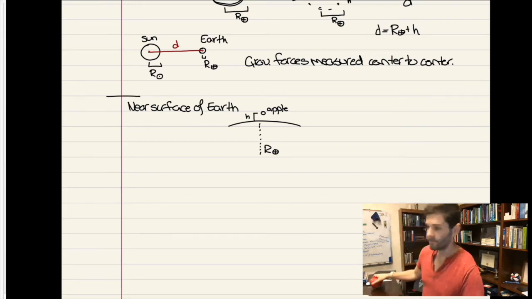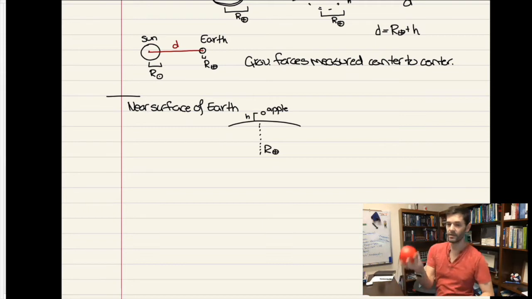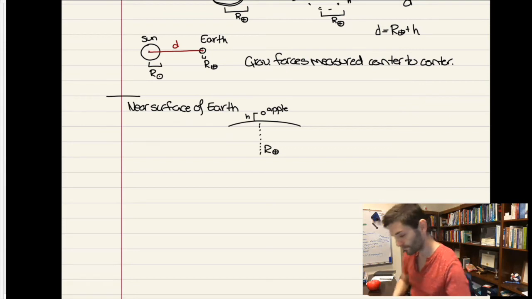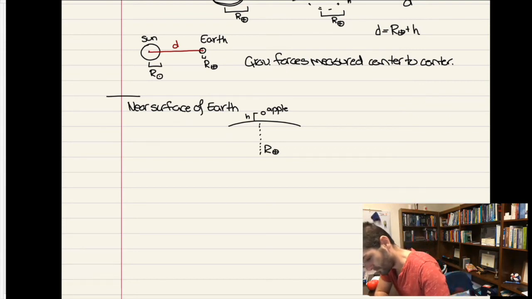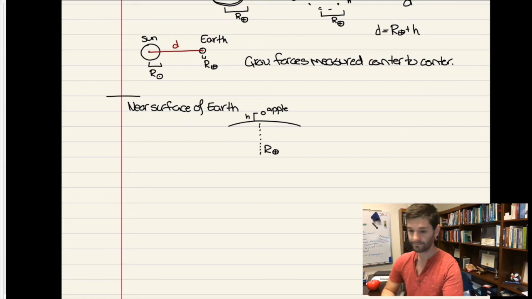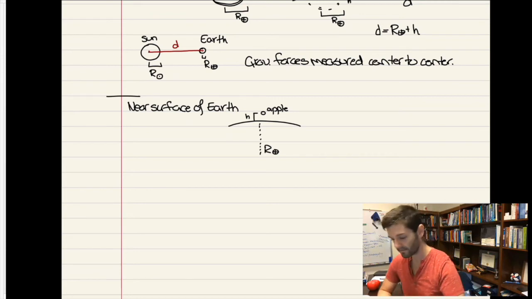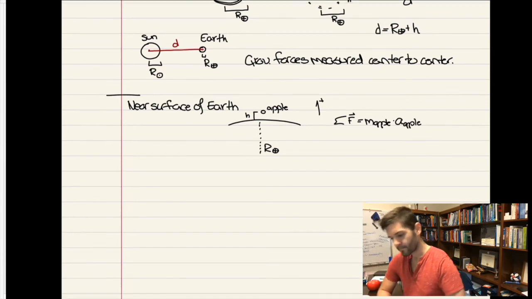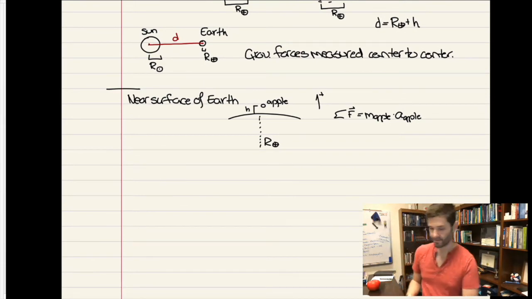And I want to ask myself, if I were to let the object go, what is the acceleration that it feels from the gravity of the Earth pulling down on it? You might say m little g. Let's not take that as a given. Let's use the universal law of gravitation to write this down. So if I define up as positive, I might say that the sum of the forces acting on the apple equals the mass of the apple times the acceleration of the apple. If I'm only considering the gravitational force,